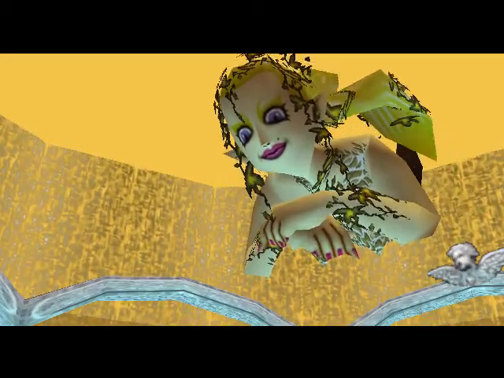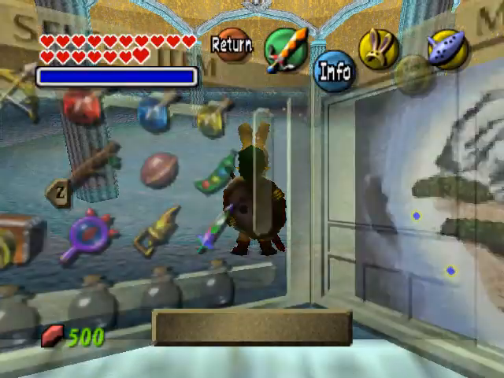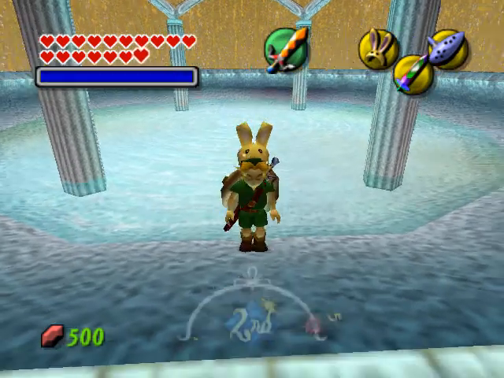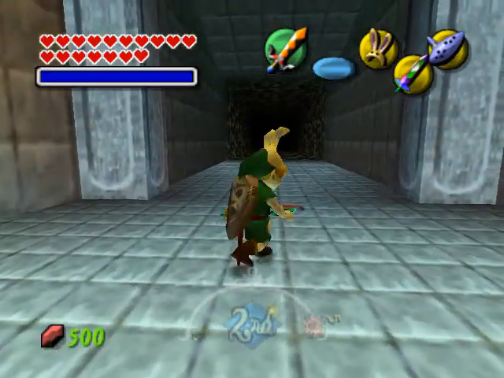Yes, so basically it's a very cool weapon. However, you can't really equip it as your main item. You can only equip it to your C-sticks and then use it. But it has incredible range and everything, and it's a double-handed sword, which means you can't really use